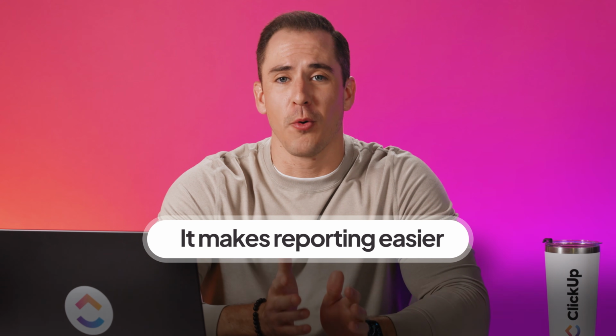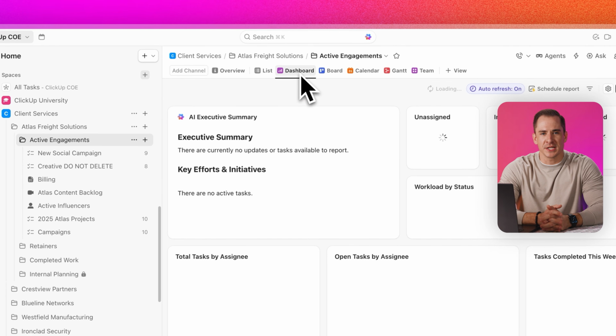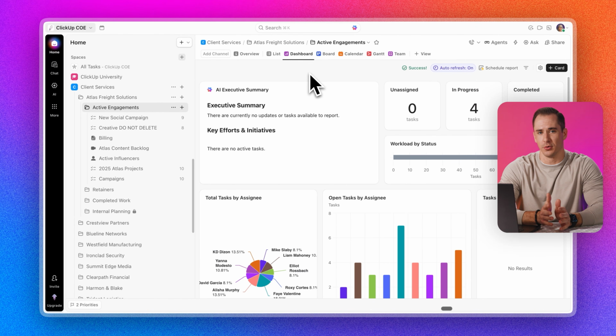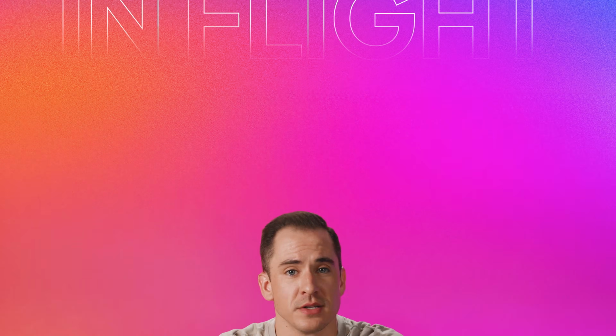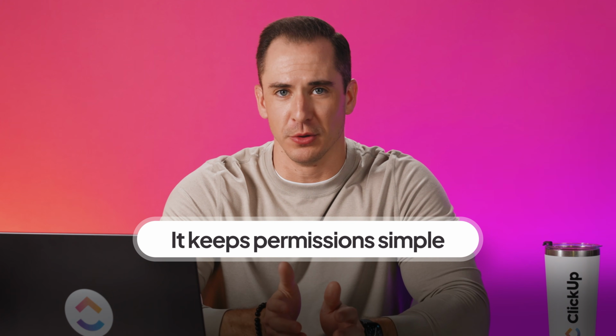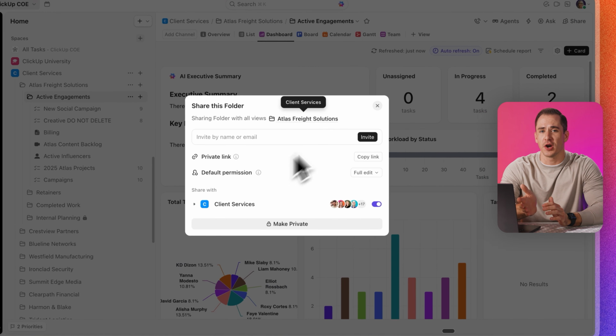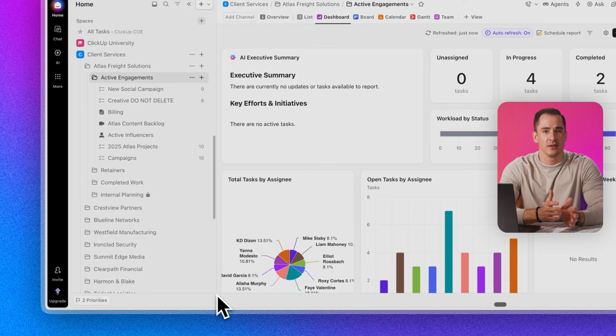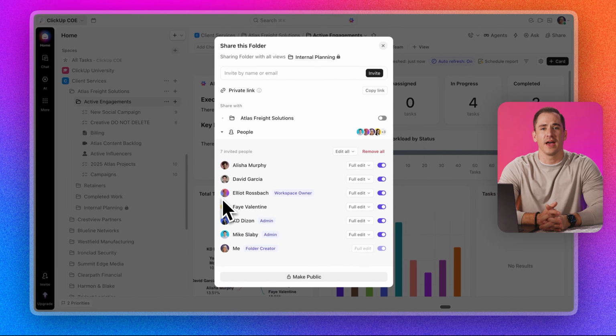Second, it makes reporting easier. Leaders can build dashboards that filter to one client folder and only the active engagement subfolders. That keeps their metrics focused on what's actually in flight. And third, it keeps permissions simple. The whole client folder can stay shared with the right account team. If you want a more restricted place for internal planning, you can add a dedicated subfolder for that with tighter